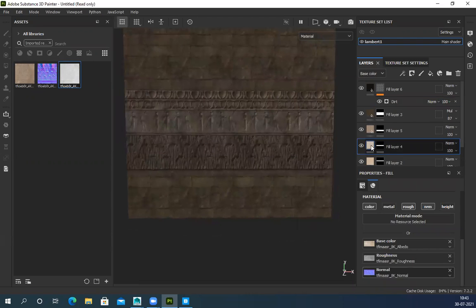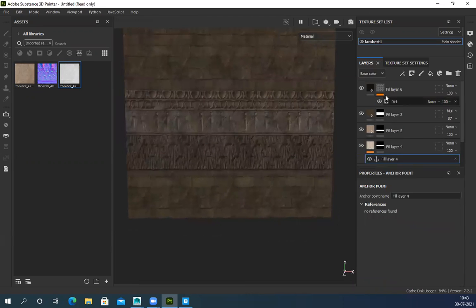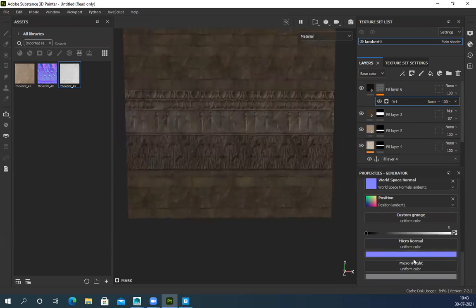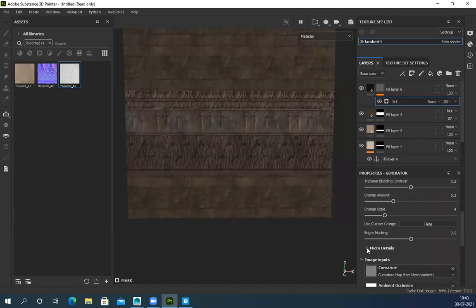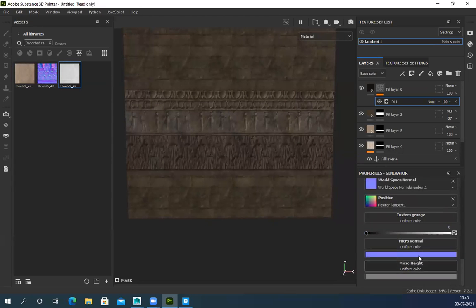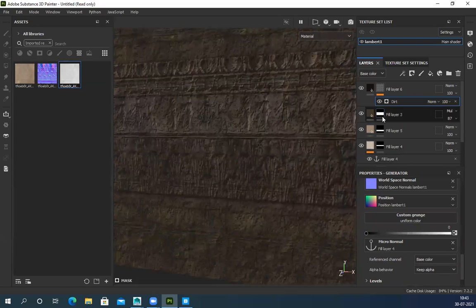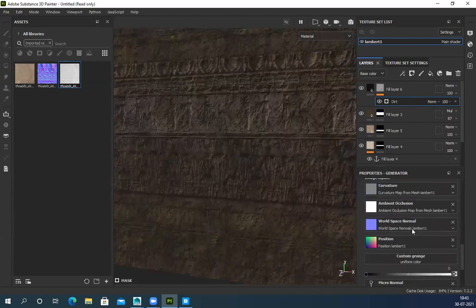For this also I can add an anchor point, and generator, and that's a normal map. So I need to activate my micro normal, and in micro normal, select the anchor point. It will read those sections. There's too much, so now I can reduce it.